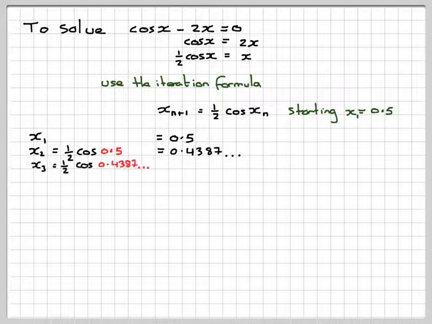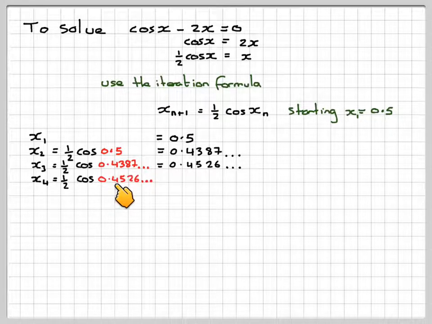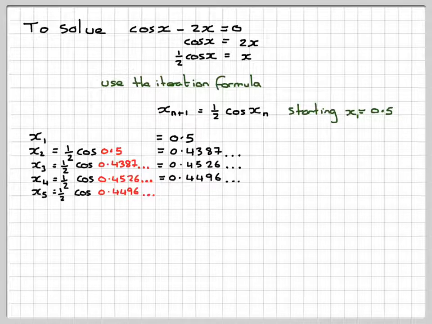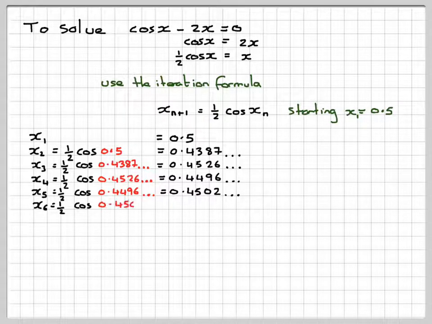x3 will be equal to a half cos 0.4387, which is 0.4526. x4 will be equal to a half cos of 0.4526. What you do is, remember, you put the previous value in, and you get 0.4496. x5 is equal to a half cos 0.4496, which is 0.4502. x6 is equal to a half cos 0.4502, which is equal to